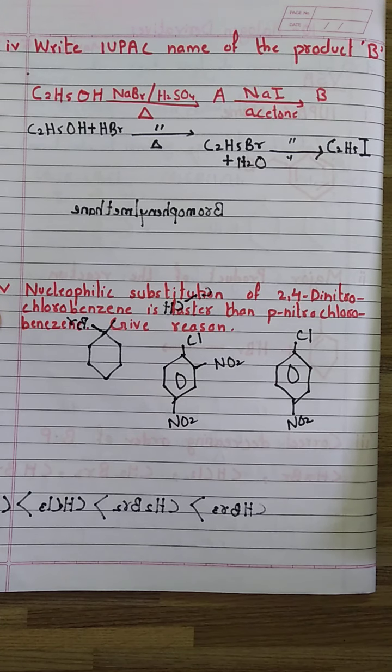So presence of more number of electron withdrawing groups in 2,4-dinitrochlorobenzene makes the substitution easier. Therefore, the reaction of 2,4-dinitrochlorobenzene is faster than the para-nitrochlorobenzene. So you have to just write that the presence of more number of electron withdrawing groups in case of 2,4 makes it easier for the reaction to take place as compared to only one group in case of